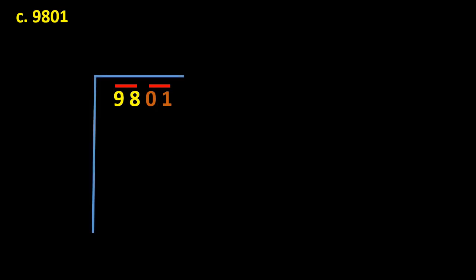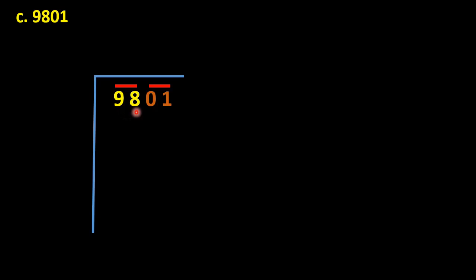At last, let me find the square root of 9801 using the long division method. As usual, the first thing that we have to do here is prepare the number by placing the bars. So altogether there are 2 bars. And then we draw a line. And now we need to find the largest number whose square is equal to 98 or less than 98.